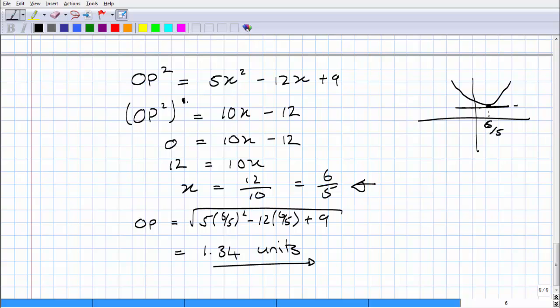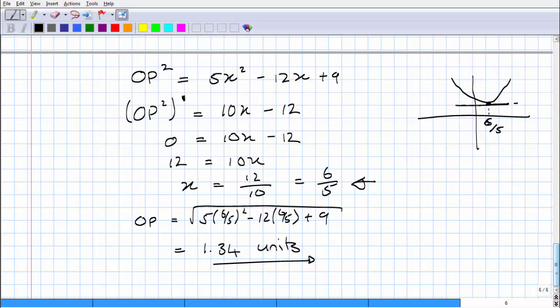There are other ways in which you can do it, but I would prefer not to go over it. If you want to look at other ways, you can either ask me directly, PM me, or look at the memo. But I find this is the most convenient way to do it. If you ever want to maximize or minimize, the best thing to do is derive. Okay, question number